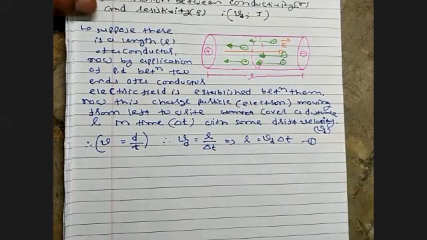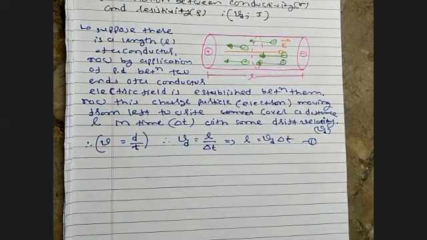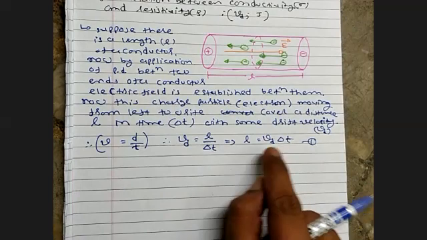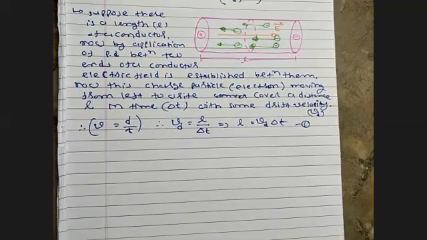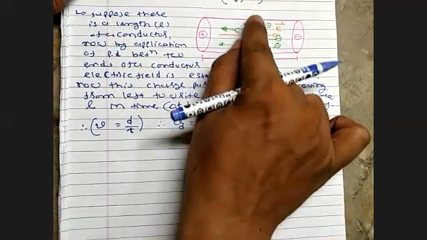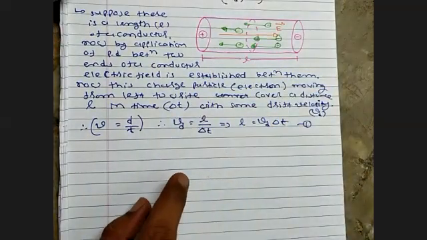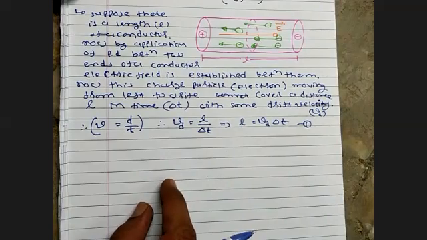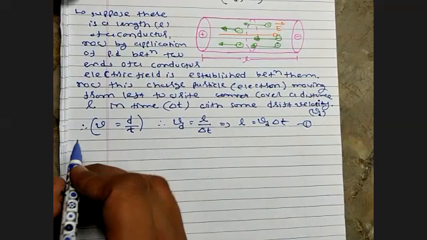Equation number 1: that is a length. The value of length is Vd delta t, where Vd is the drift velocity. Now, as you know, the cross section area is A. So the volume of a conductor, if